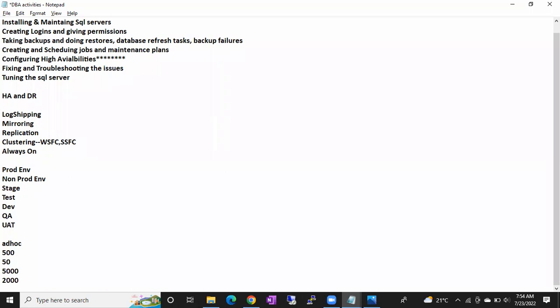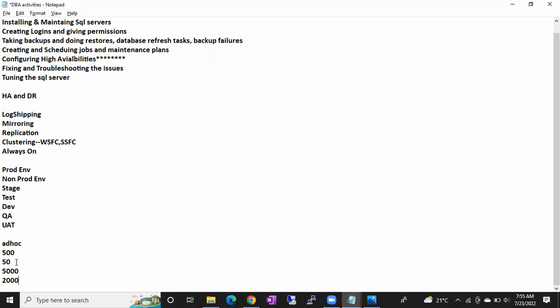In the interview, they will ask you, hey, how many servers have you worked on or are you working on? You can tell any number, guys, but don't say 10 servers, 20 servers, 50 servers. Why? Because they will think this guy worked on a small environment, so he doesn't know the challenges. If you work on a big environment, you might face different kinds of challenges. So don't say 50 or 100 servers; tell at least 600, 700, 800 servers, or up to 1000 servers. You can give the answer like that.